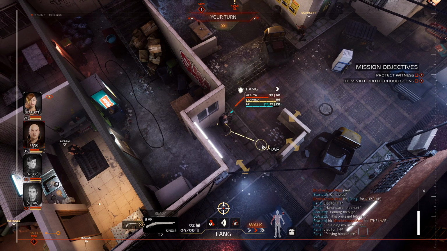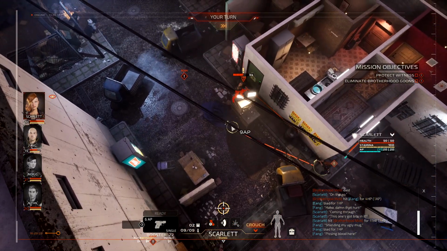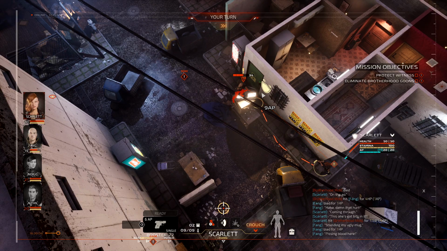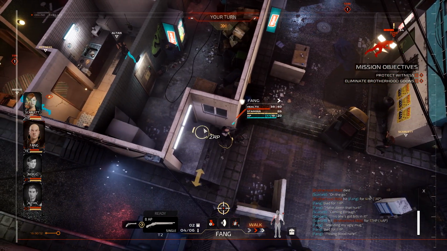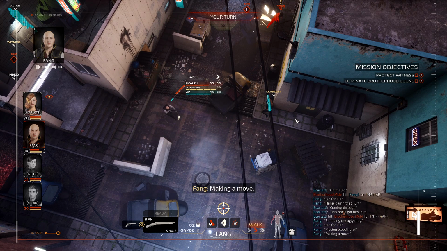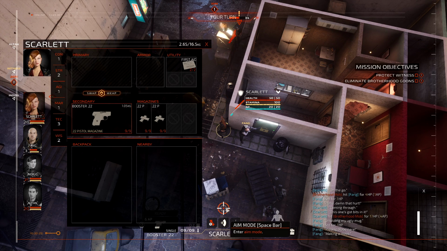Okay, how is Fang actually doing? He is bleeding, so I need to heal him. Fair enough. Can I get to this guy? My fear is that if I do, I'm going to get really beat up. You know what? Let's just do this. Making a move. Okay. Now, for real, I need to figure out...